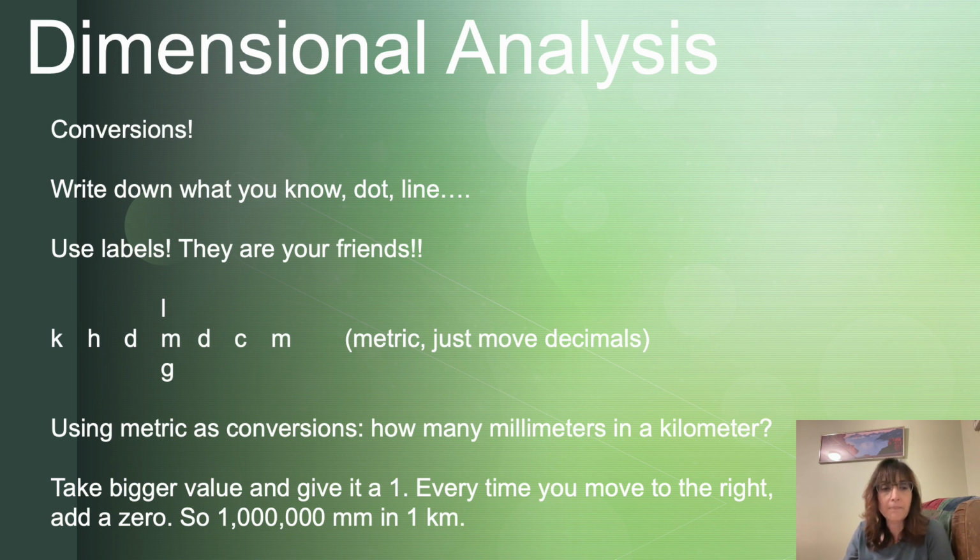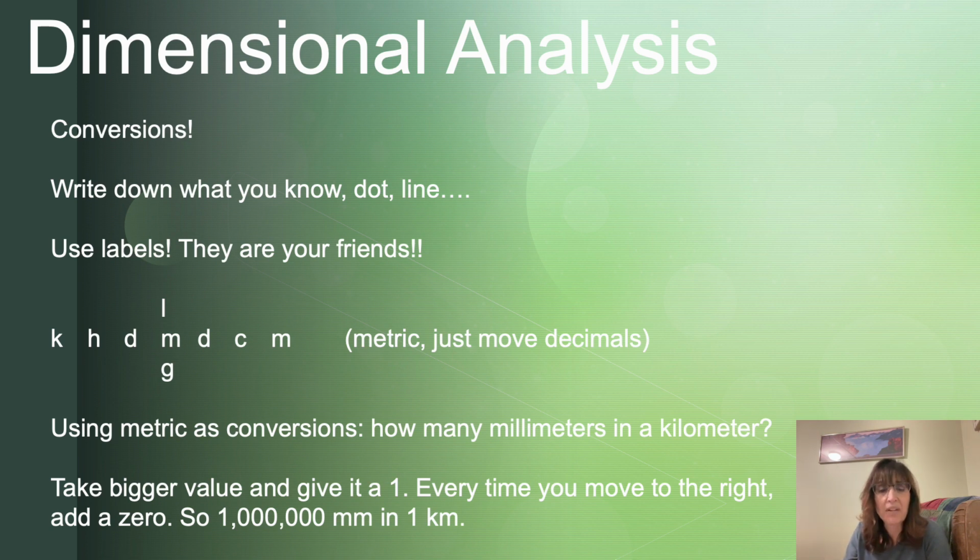Here's what I recommend. You write down the kittens have dirty mittens during Christmas meals. Take whichever letter is bigger. And you guys know that on the left are the bigger values. A kilometer is a lot bigger than a millimeter. And give that bigger value a 1. And then every time you move to the right, add a 0. So there are 10, I believe that's hectometers,